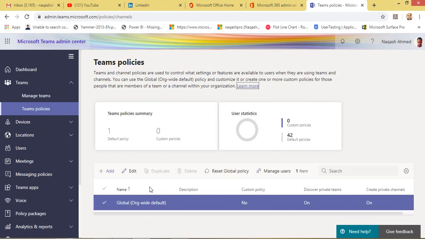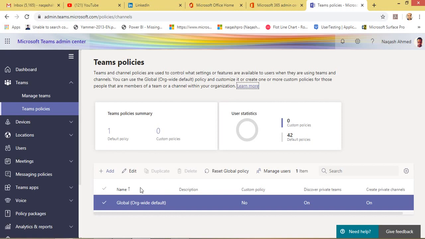Because if an organization has more than like 100 teams or 500 teams, it will be a complete administrative headache for administrators if they go manually change the settings. So what Microsoft has done is they have created policies, a set of policies. So by using the policies, we can implement our initiatives and our definitions to a number of teams in just a single step.